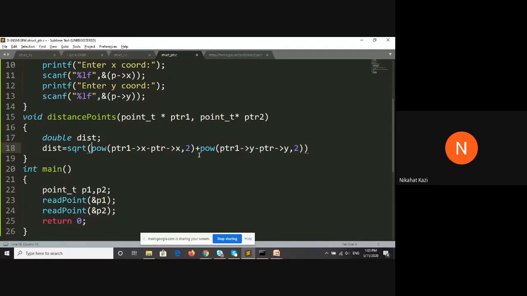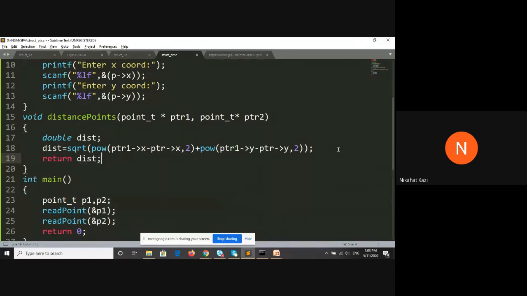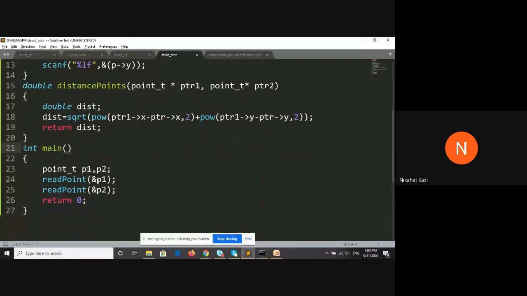So this is one power, second power, square root of this, and that is the distance. And you will return distance. Since you're returning distance, the return type of this function will become double.